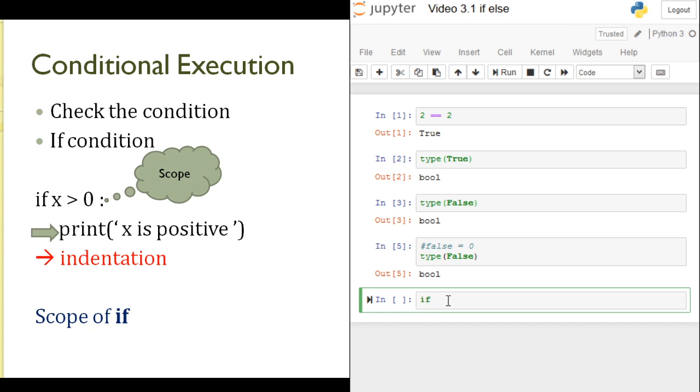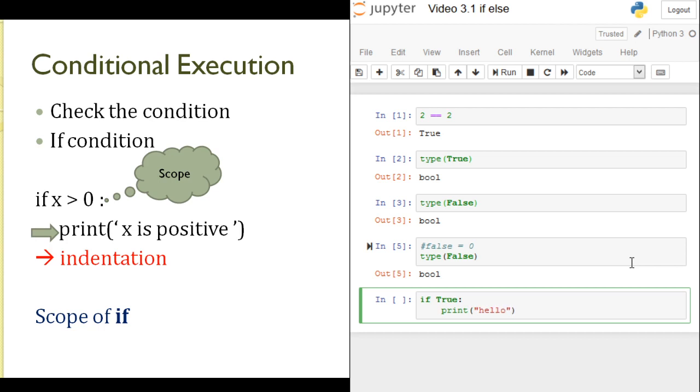When we are talking about if, say true. By default true is the true condition, and the condition mentioned below is going to execute.